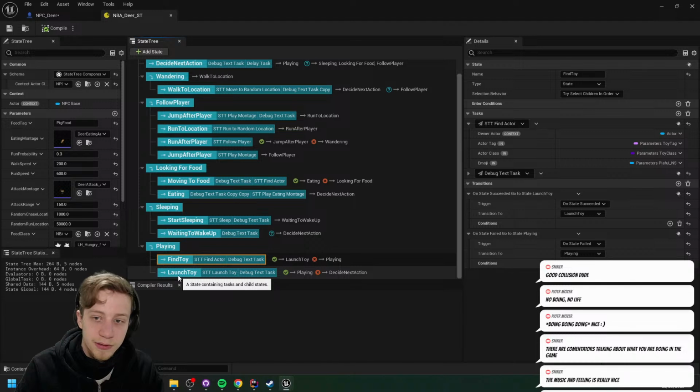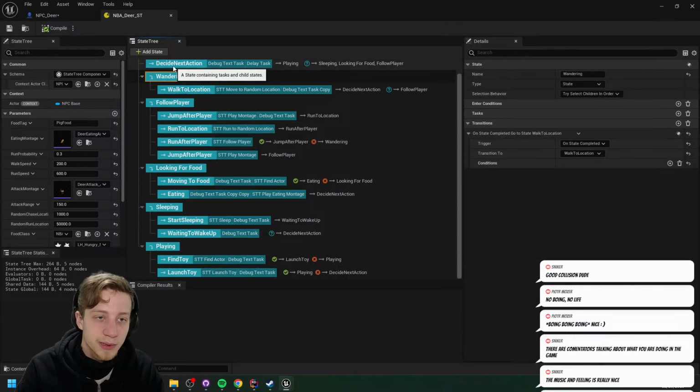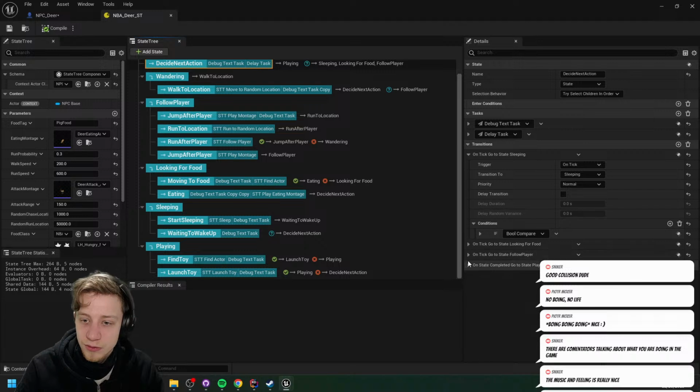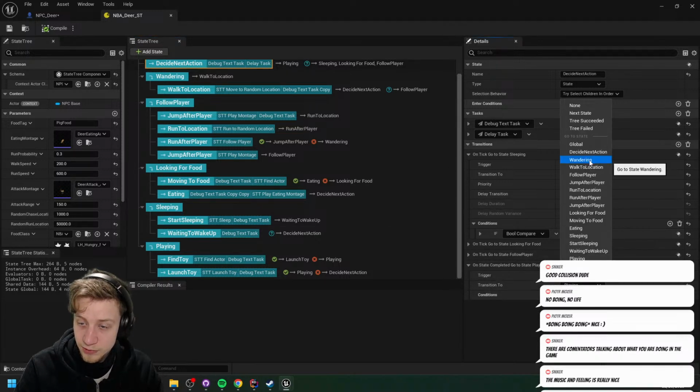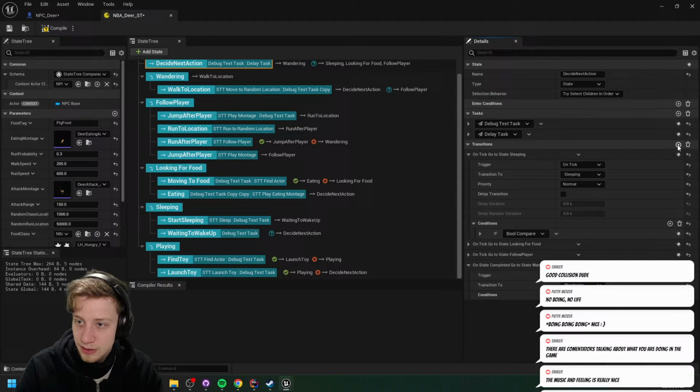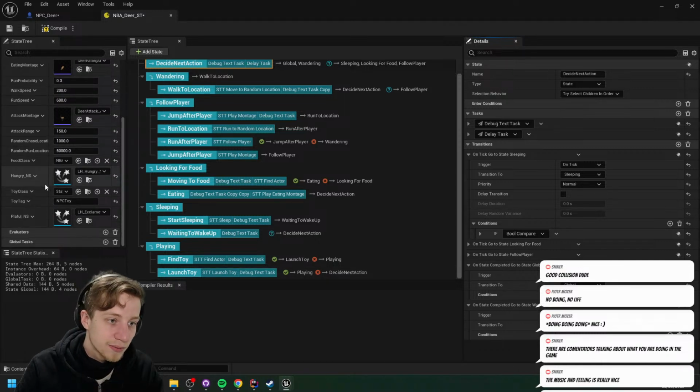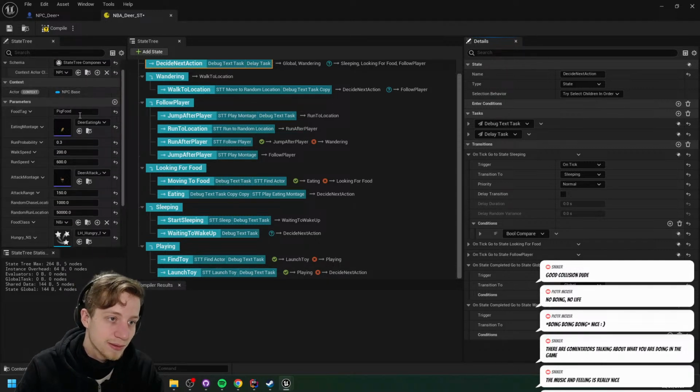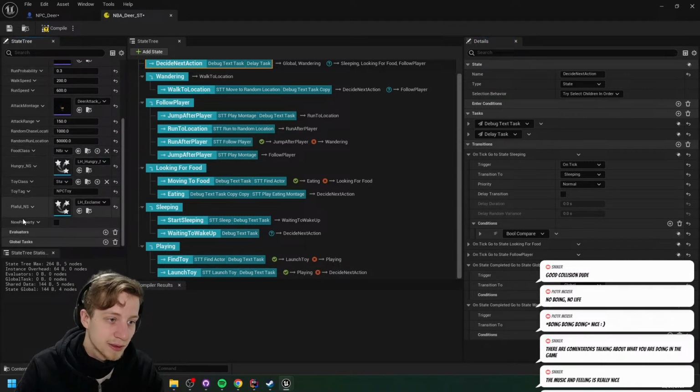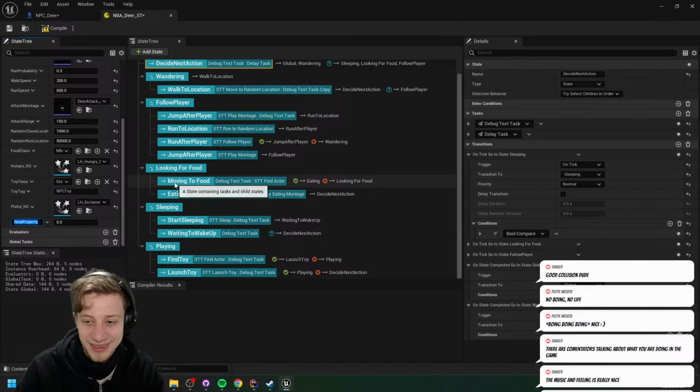So we got here our finding a toy, and then we're gonna launch it in the air. Now, it always automatically does it from the start. So what we want is to add here some level of randomness. So normally we want him to wander, but let's say there is a probability to go there. Let's make it a parameter again. Doesn't have to be, but hey. Let's call it a float, and this is gonna be our boink probability.